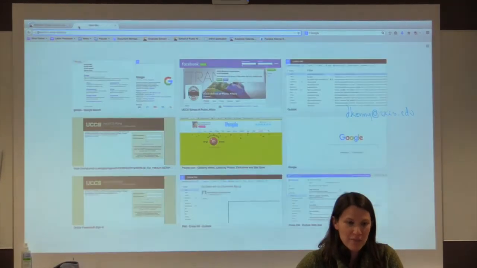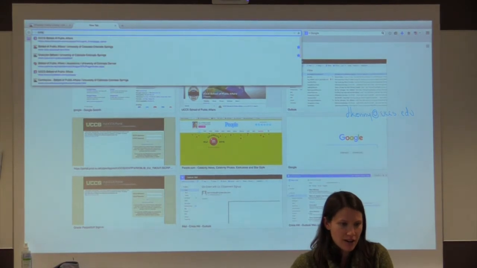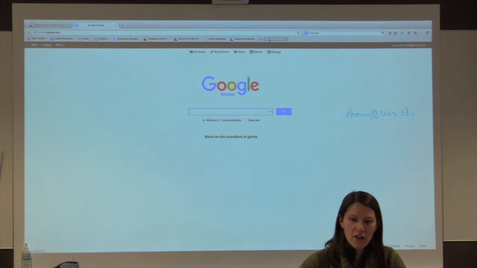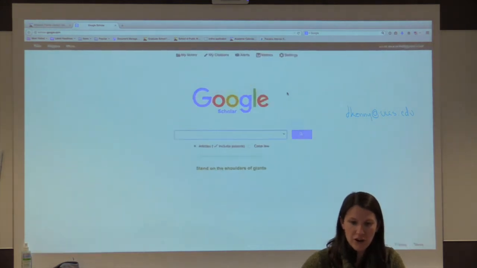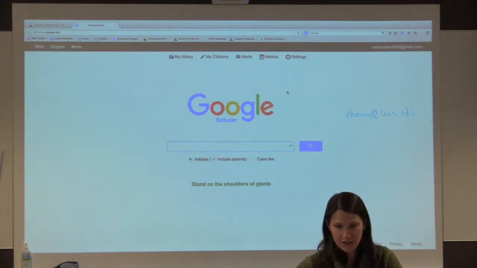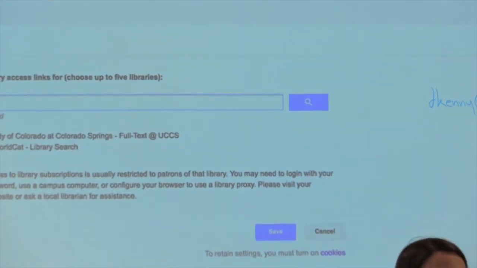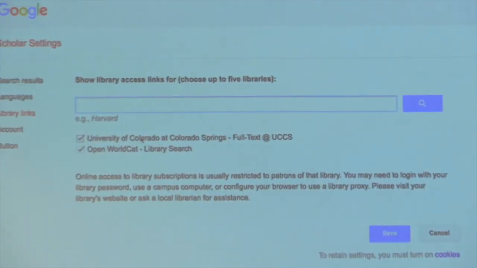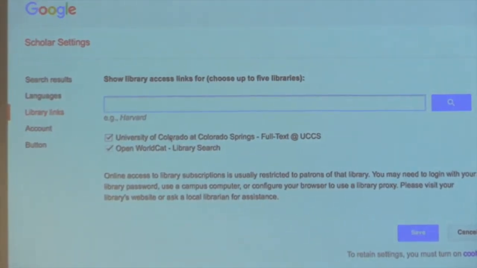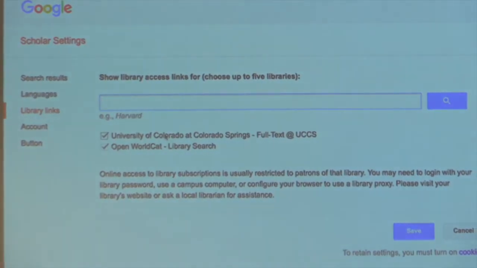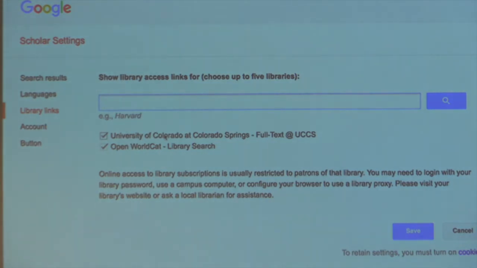For us Google Scholar people, rock on. We are united. You can go to scholar.google.com, and all you have to do is tell Google Scholar that you are affiliated with us. You do that simply by going to your settings and going to your library links and just making sure you see University of Colorado, Colorado Springs there. If you do not see it there, that's no surprise when you're off campus. Since we're on campus, it's just like, hey, we know you're part of UCCS, you're good. But when you're off campus, Google Scholar doesn't know that, and you have to tell it.